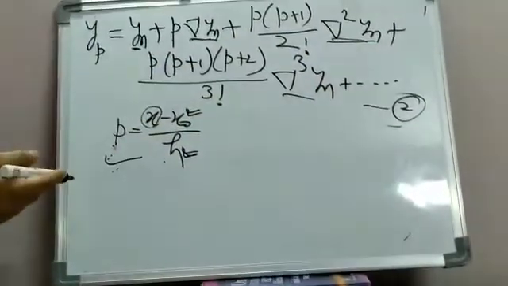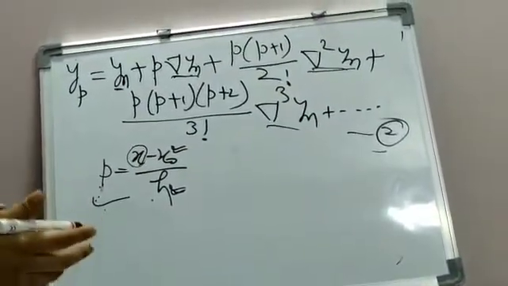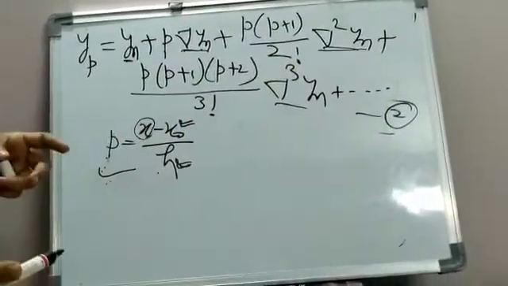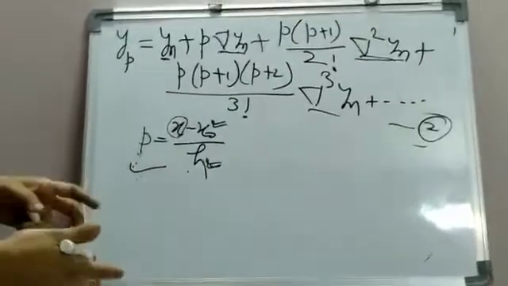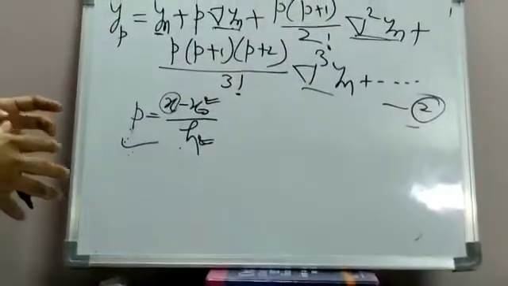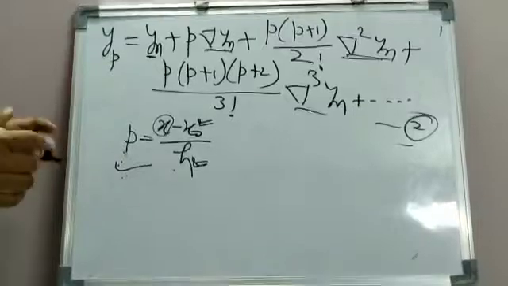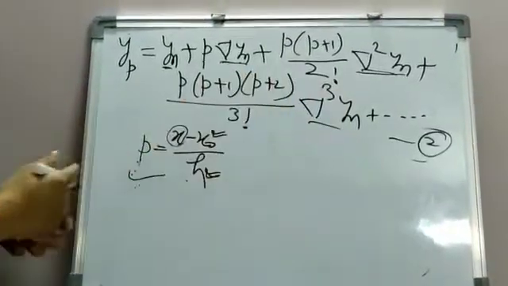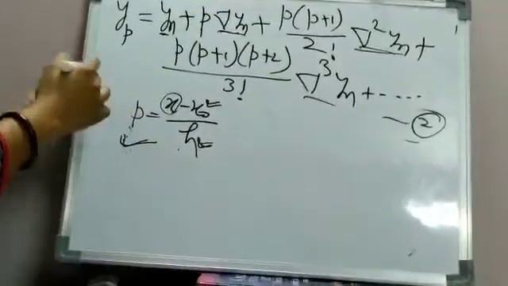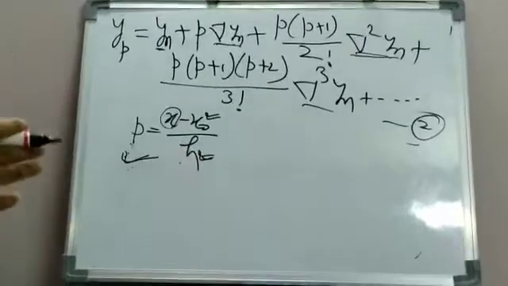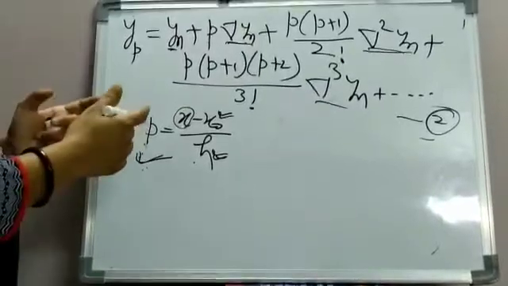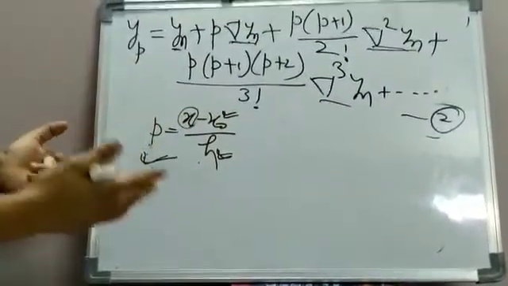From that table you can identify the first order, second order, third order terms, up to the terms which are required or to which your data can go. Where we have to terminate, we don't know. It depends on how many data points are given to you. Because this is an infinite series, based on the data points for a particular question you will be able to understand where to stop, right? So the first job is to identify p. Then you make the forward difference table, and from the table you pick the values and substitute over here. Either you can find the polynomial or you can find the functional value.